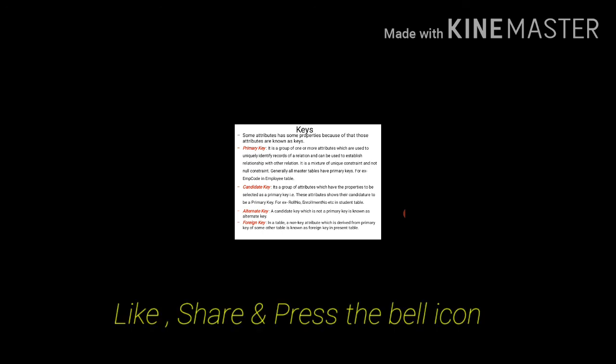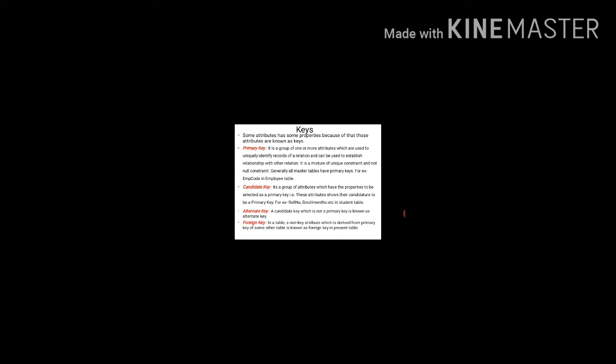These attributes show their candidature to be a primary key. For example, roll number, enrollment number, etc. in a student table. Suppose roll number, or you can take it as an admission number, and my admission number is unique for all, right? Other than the primary key, which other kinds of identification am I having? My Aadhaar card number, my driving license number,